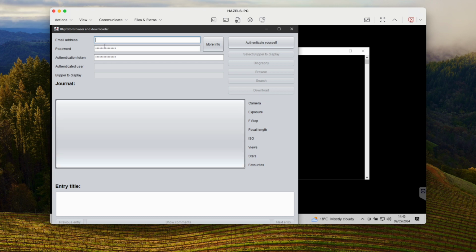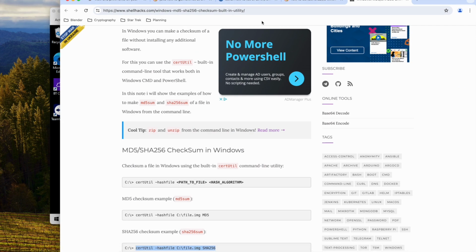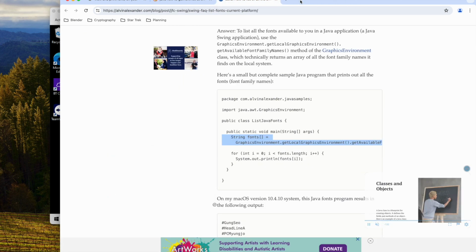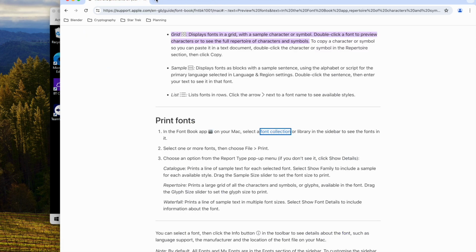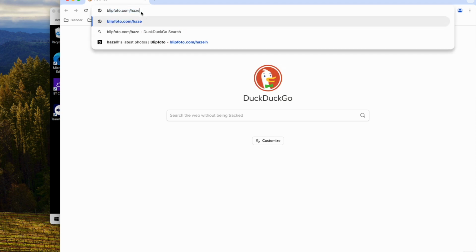Now, as I say, these are the Blip usernames and passwords up here. So what you need to do to get yourself authenticated, if you don't feel comfortable with those, you need to put in an authentication token on here. And to do that, you need to register yourself a user. So I've been doing some further research for upgrades. I'm going to take my own